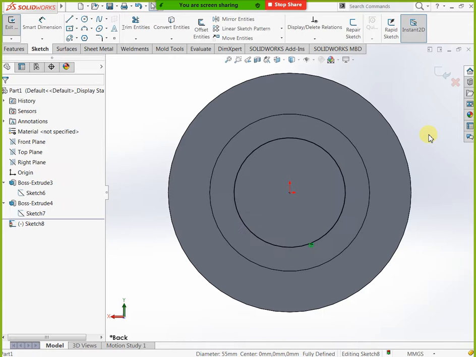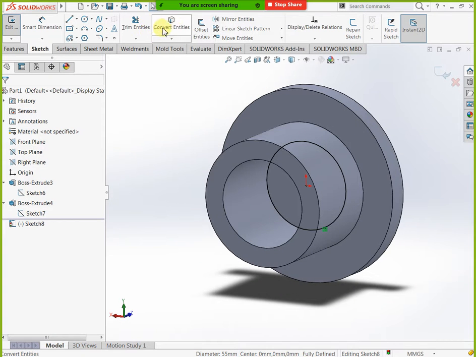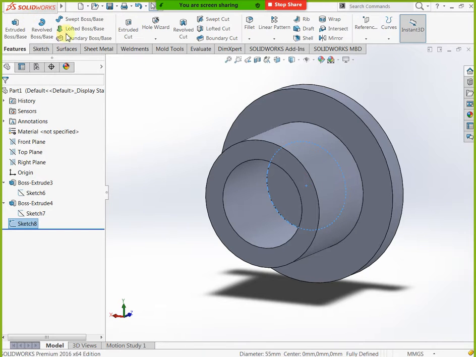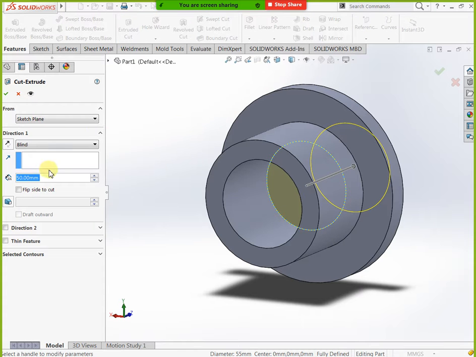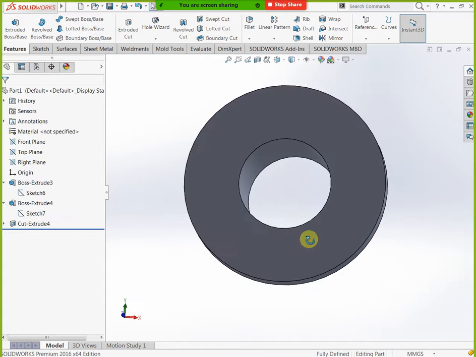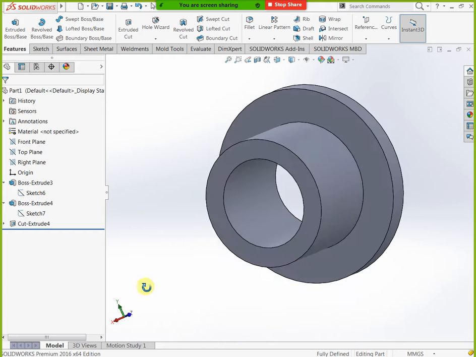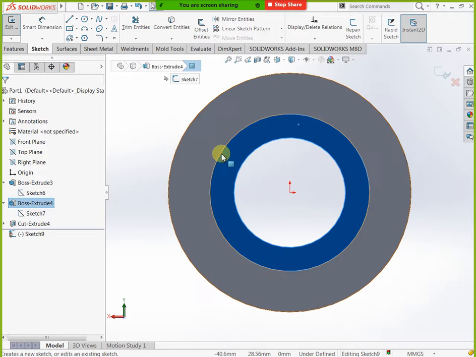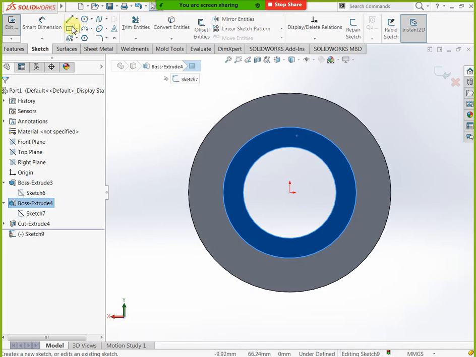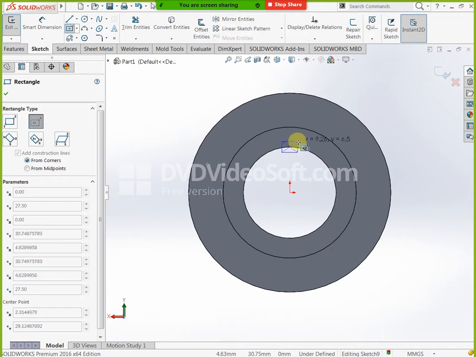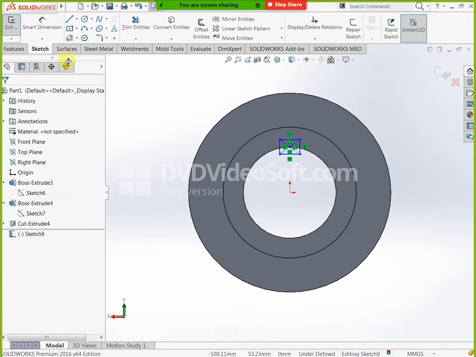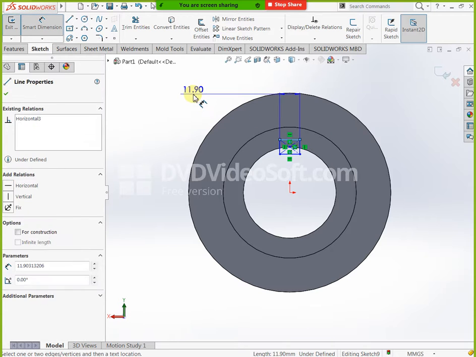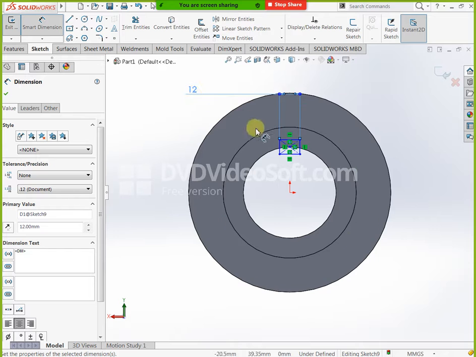Now I need to mention the keyway here. Just select this one, go here, control 8. Now you can mention this keyway. For example, here I am taking center rectangle, I need a 12 by 6 keyway. For the 12 by 6 keyway, you can mention 12 here and 6 here. This is our 12 by 6 keyway. Then you can do finish. Extrude cut. I need up to last, that's why you can mention through all here. When you mention through all, it automatically removes all. This is our keyway.